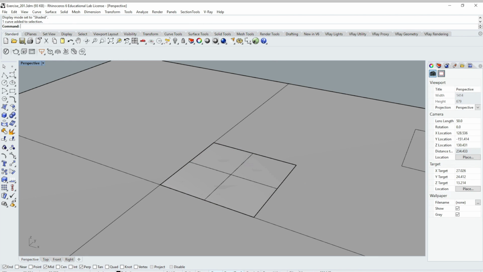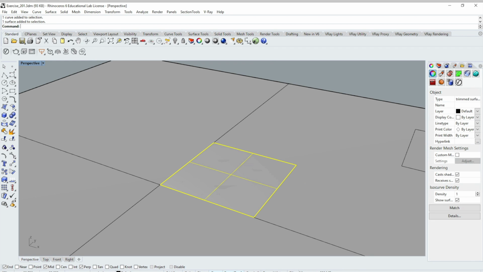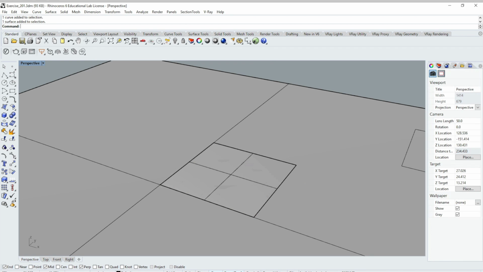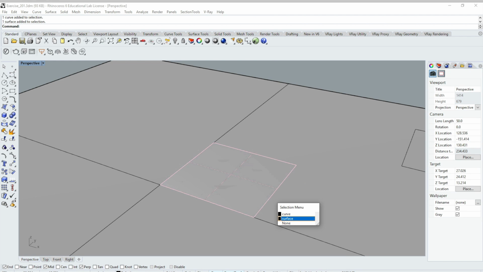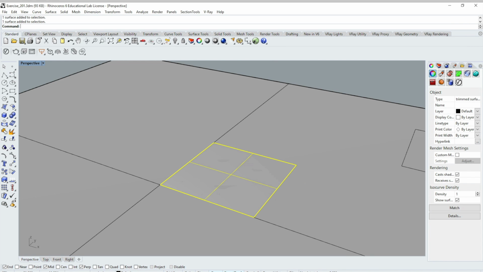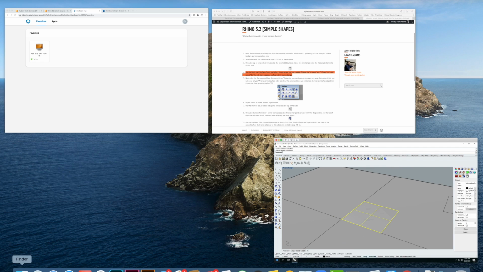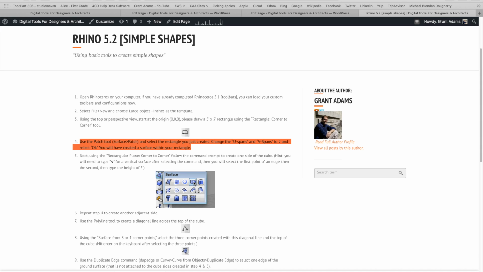And that then gives us the surface itself right there. Now you'll notice in Rhino that one of the great features that it has is when you try to click on an object, if there are two objects on top of each other where you click, it will actually present a little selection menu and let you cycle between those objects to pick which one it is that you wanted to pick. So we could pick just the curve, or we could pick the surface, either one. So there it is as the surface, for example. So let me flip back here for a second and we'll move on to the next step.